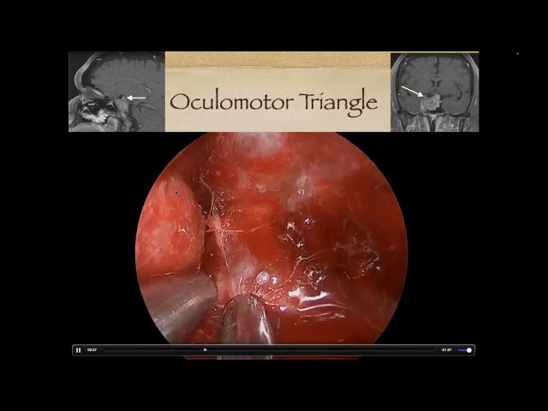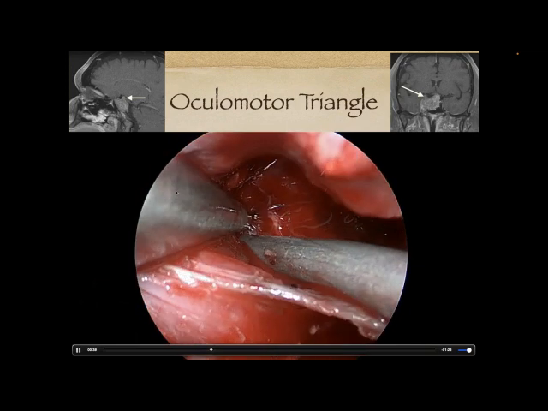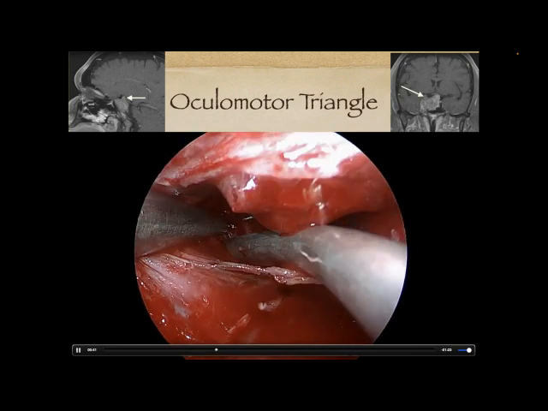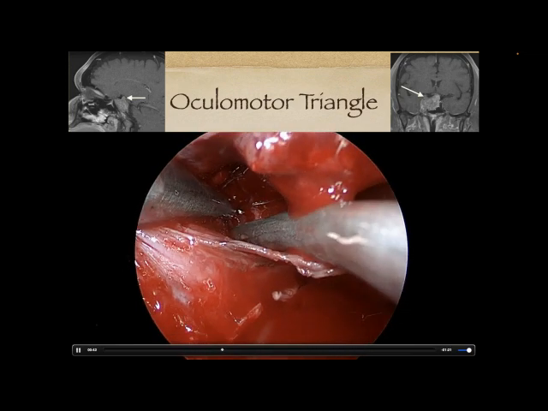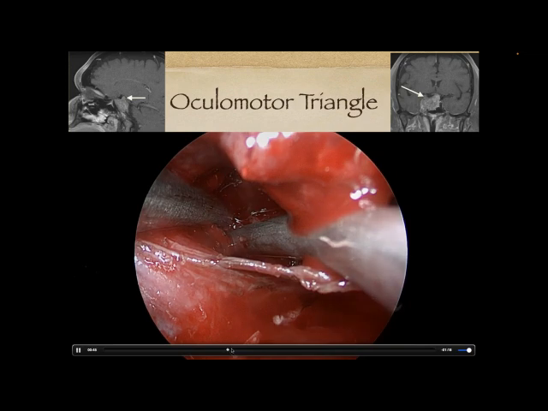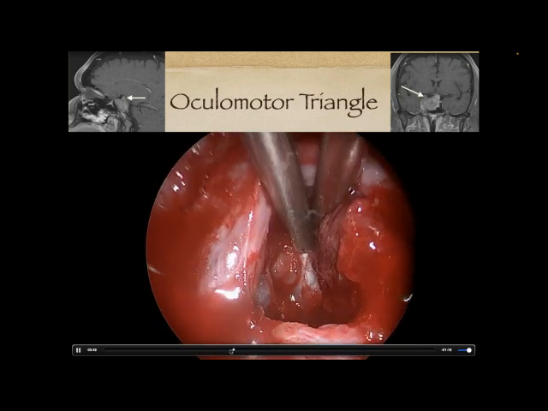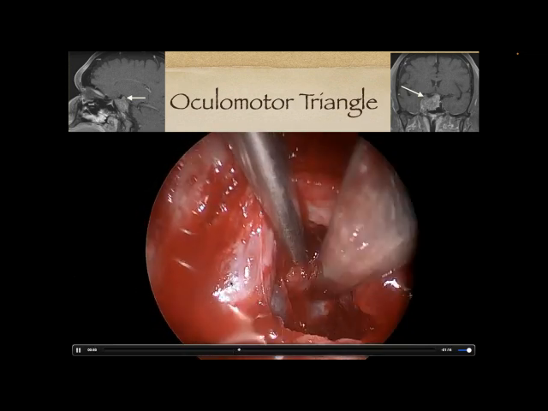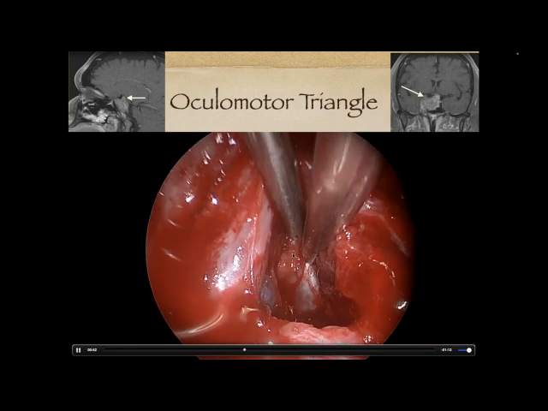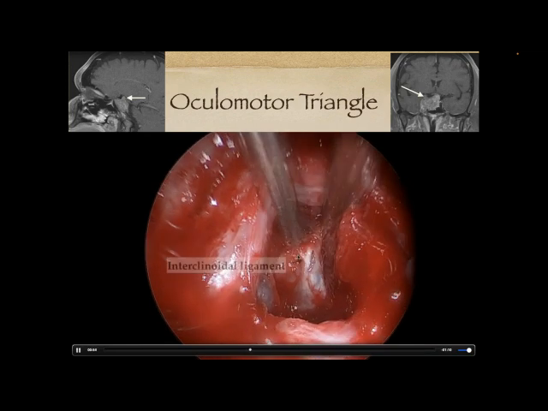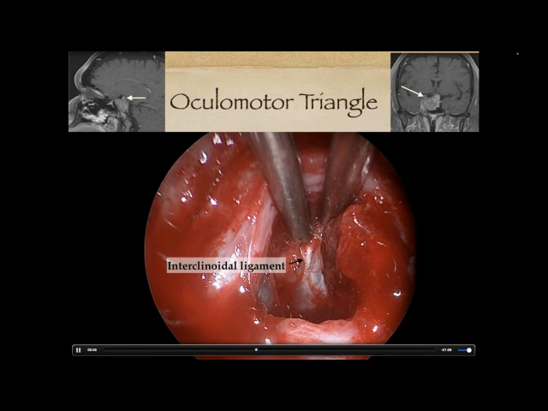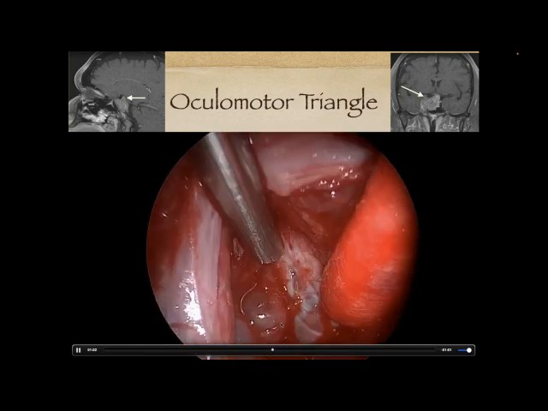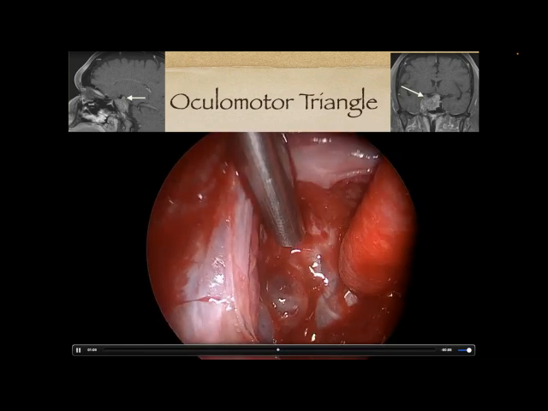And just like that view of the portico, we can bring the endoscope into the field and have a perfect view of exactly where we're working and see things you could never see with a microscope sitting outside the field. And that allows us to chase tumor into areas like this oculomotor triangle. And we can see here this little ligament that runs around the carotid artery called the interclinoidal ligament, based on the 2 structures it runs between. And this little bubble just below it, that's where the tumor has escaped there.